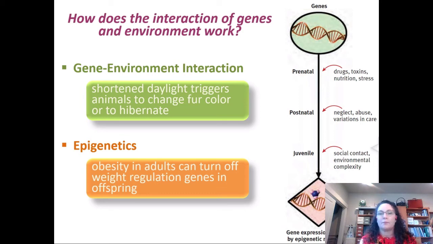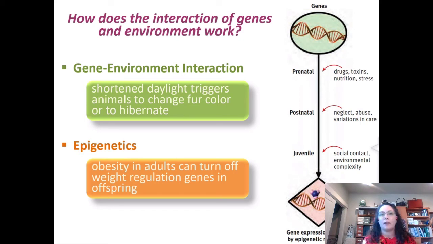Now in this chart, it's labeled postnatal. That's referring to the infancy period, the really super critical infancy period, when things in the environment can really have a big impact on the development of the offspring. By juvenile, we're talking about older childhood and into adolescence, where we're having stylistic issues influencing us, right? So at all these different stages,